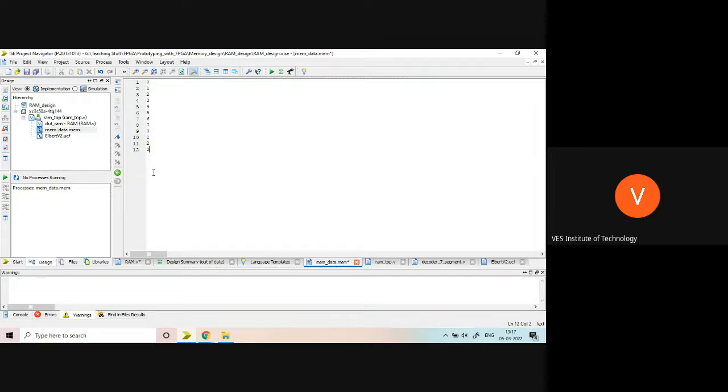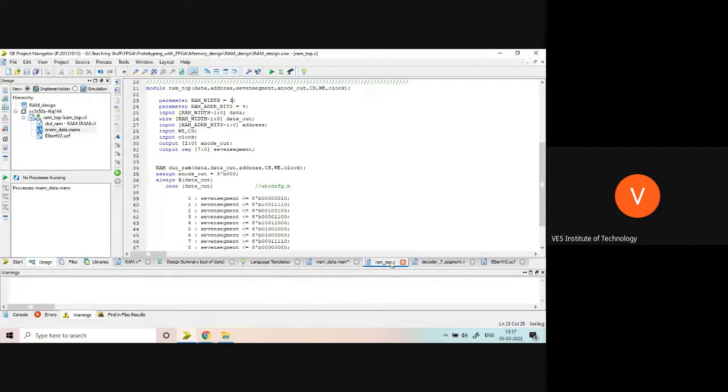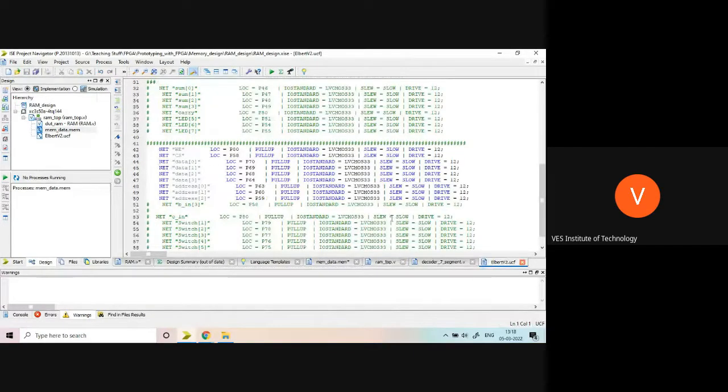So I'm just making a mistake for the address line, I guess. Will that be okay? Data will be, yes, 4-bit data will be there. Then 4-bit output will come. We want only 3 data bits. Addresses we need 4.